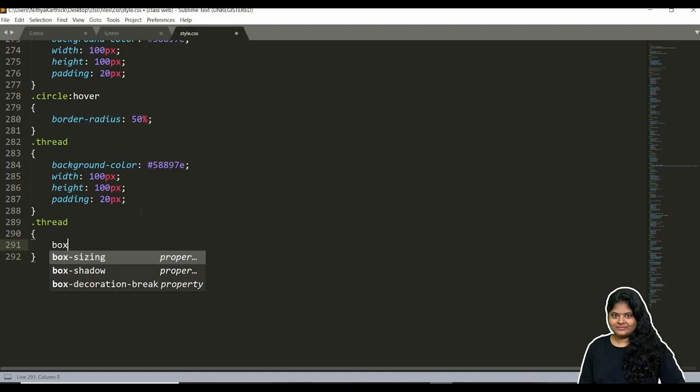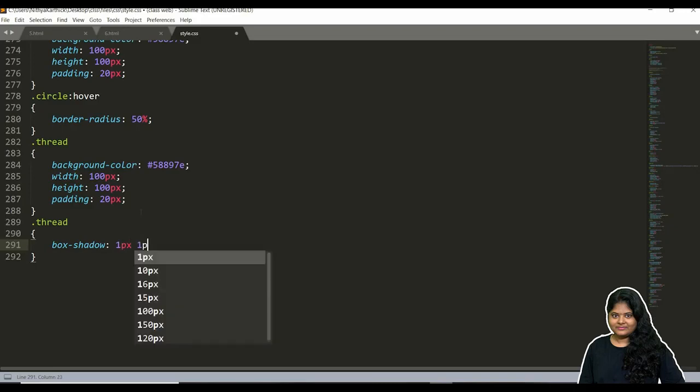So box shadow: 1 pixel and another 1 pixel for X and Y, with some color. Yes, the same color.